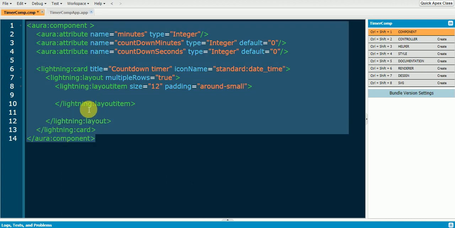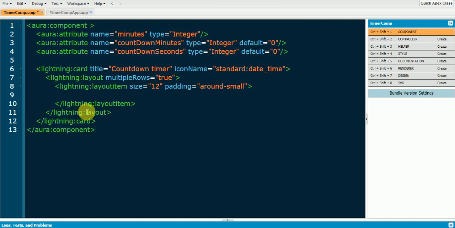So in this lightning layout item, I'm gonna add lightning input type of number. I'll just add a lightning input. Type is number. So basically this is for the user to enter the number of minutes where timer should be starting.